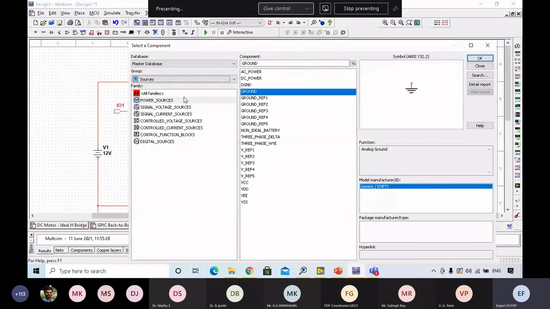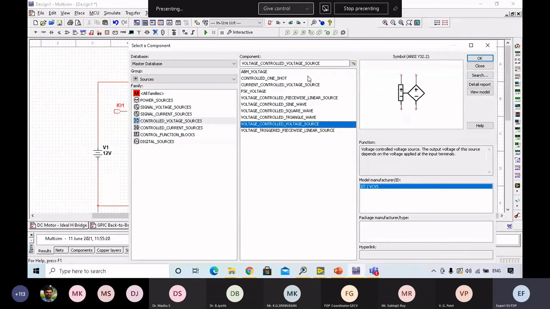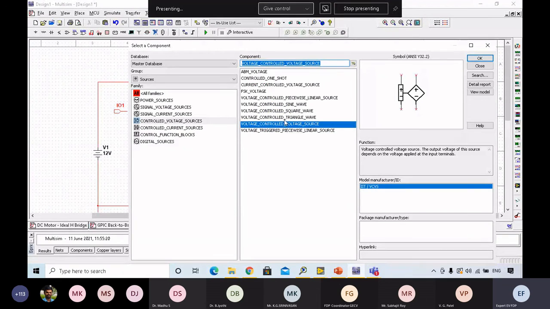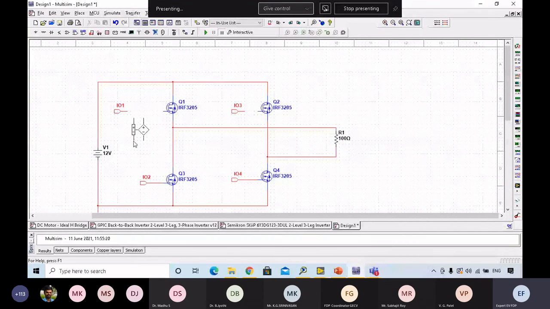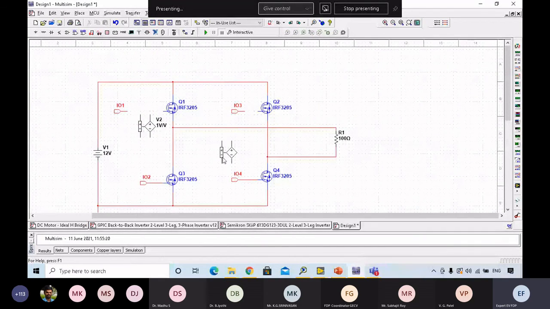Okay, and you'll use a signal voltage, current controlled voltage source. And here I'll find something called voltage controlled voltage source. So I'll place it here. I'll take another one and I'll place it here.